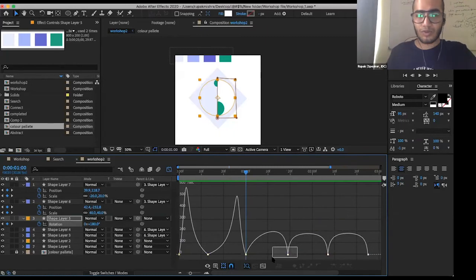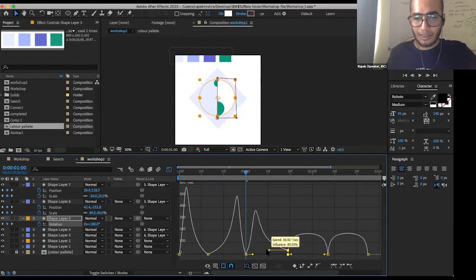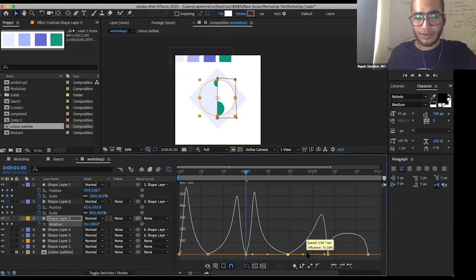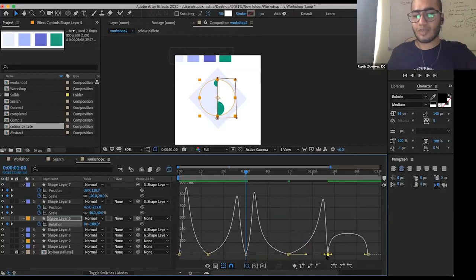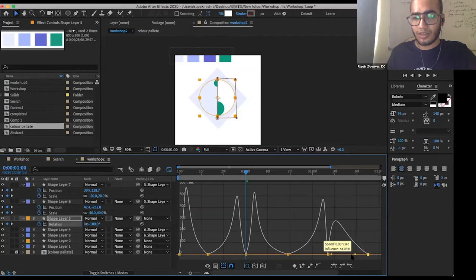What we'll do, we'll try to create more M shapes here. Do the same thing that we have done earlier. Just hold the in-between and drag it to the left. Again, hold it and drag it to the right. And at the last, since we have only one, we can do this.